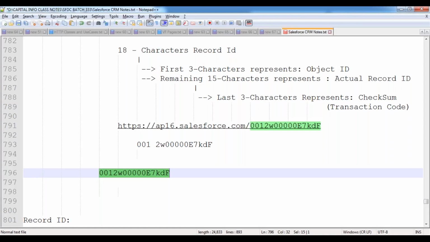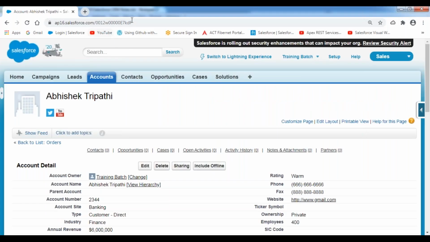In this case, Salesforce generates an 18 character ID for each and every record, but inside this URL, it will display only the first 15 characters of the ID. The last 3 characters will not be visible inside the URL because of security reasons. Why? Because...